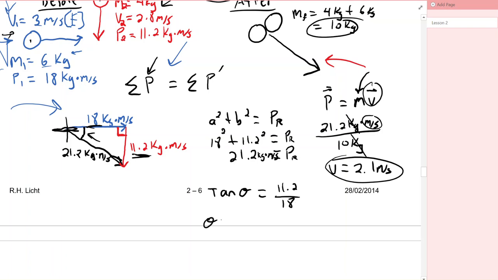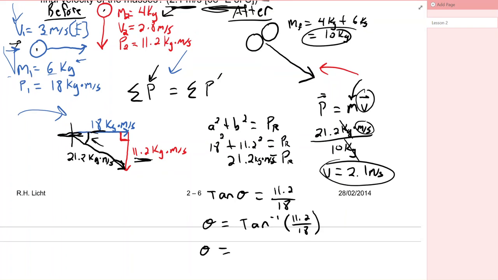Okay, so then angle is equal to tan negative 1 of 11.2 over 18. Okay, and then the angle is, all right, so I ended up with an answer of 31.8, or I'll just say 31.9